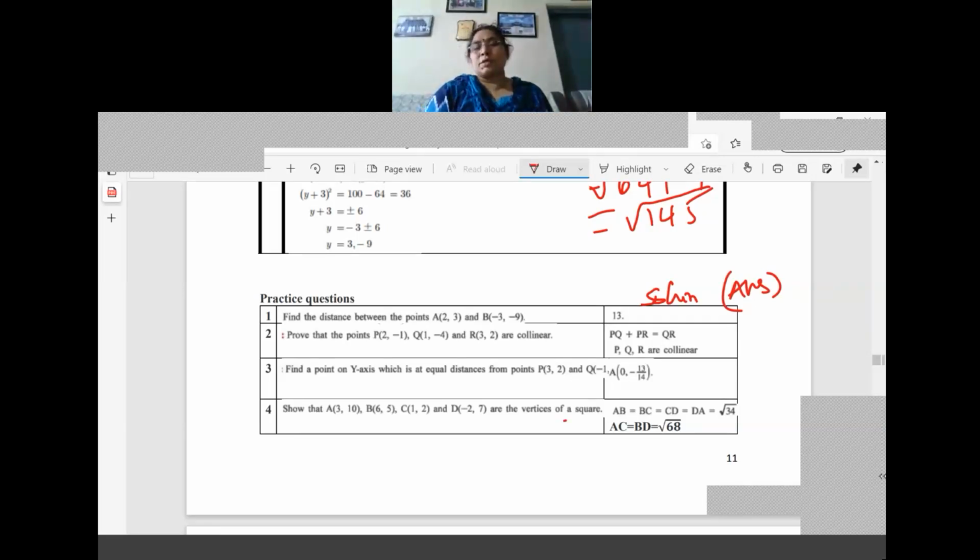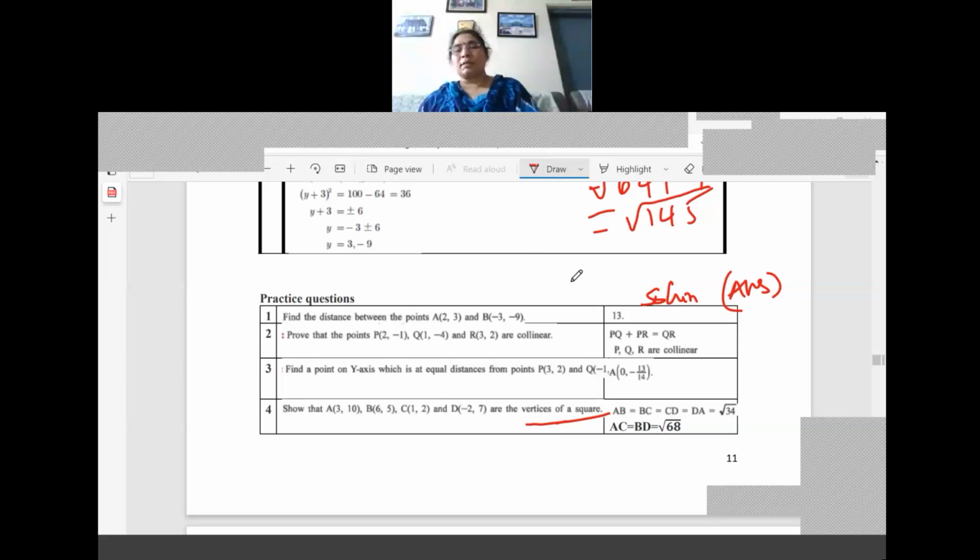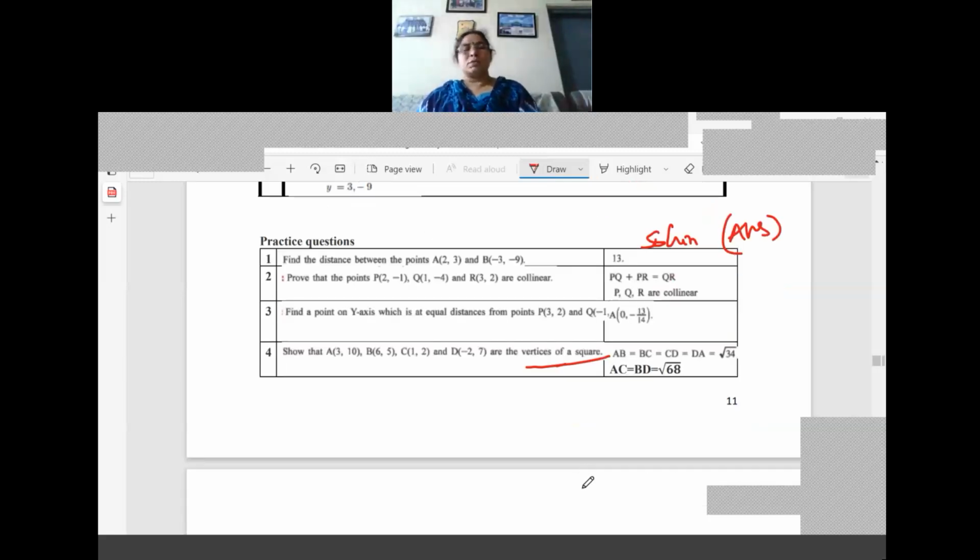So for this type of questions, don't expect that all the four questions will come. They can ask what is the length of the side if it is a square. Check that if it is a square. Like that they can ask. So that type of questions can be asked. So don't leave that type of questions. It's lengthy. Don't think that. They will choose in that way only.